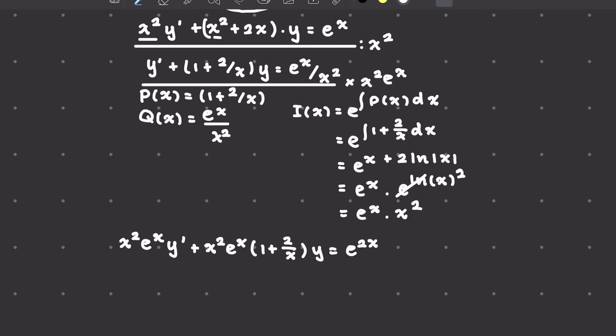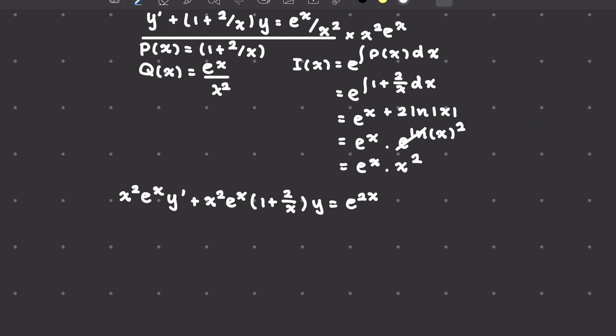And after this step, we will do the same thing again, which is the derivative of our integrating factor, x squared times e to the x times y, because we want to make this into a y equals equation, equals e to the 2x, and let's integrate both sides